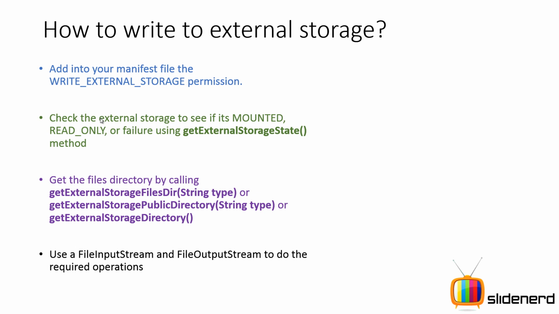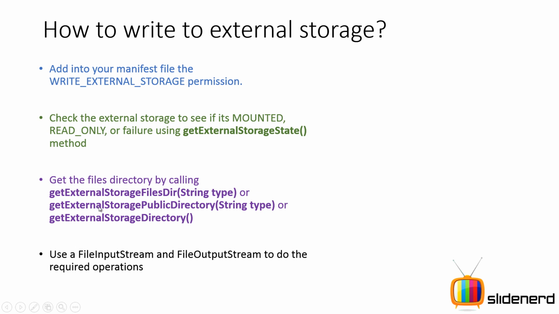What if the user has just pulled out the SD card and tries to read the external storage? You don't want your app to crash, right? So you have to check that by using this method called getExternalStorageState. Now this method will tell you if the SD card is mounted, is it readable, is it writable, all those kinds of information. Now again, to store the data, there are three methods: